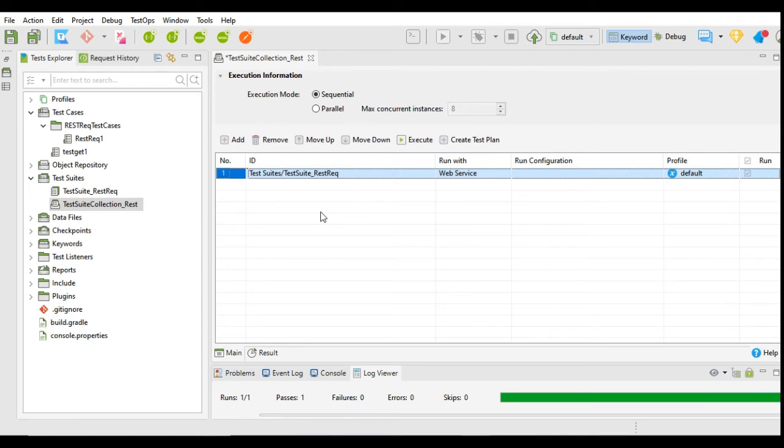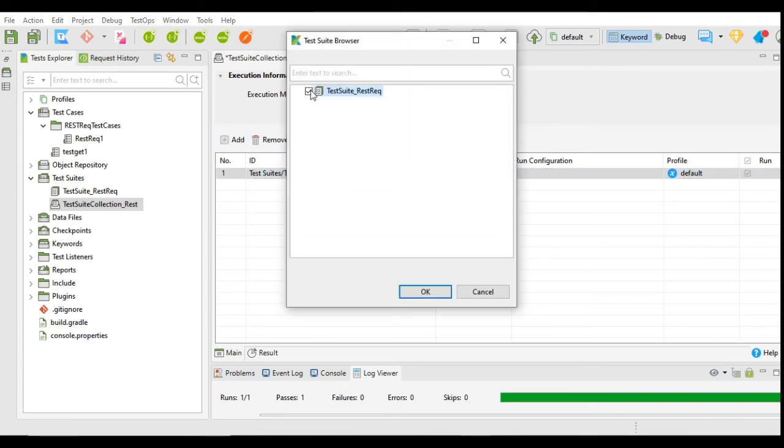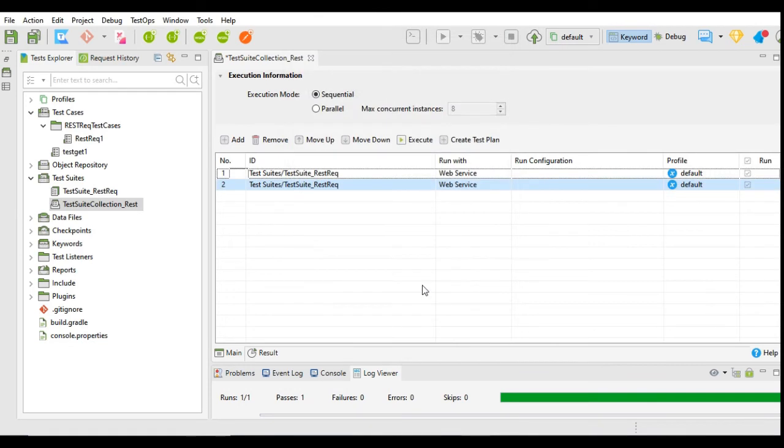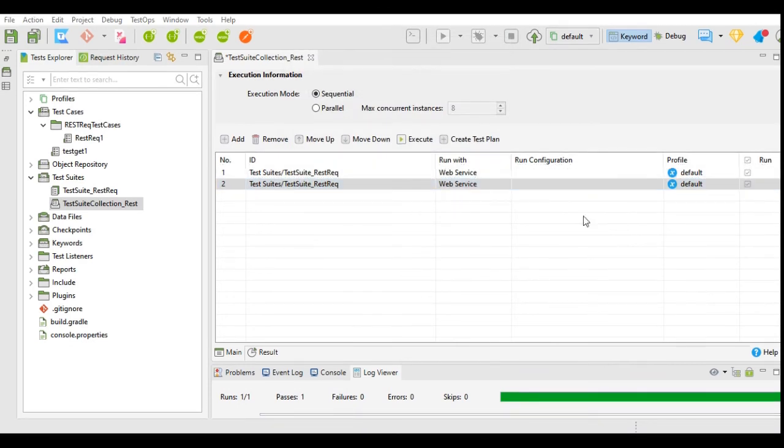And the way we can add one test case multiple times in the test suite, the same way we can add one test suite multiple times in the test suite collection. So I have added this test suite in this test suite collection. I can again add this same test suite in the test suite collection and execute this twice. You can execute this test suite with different profiles.